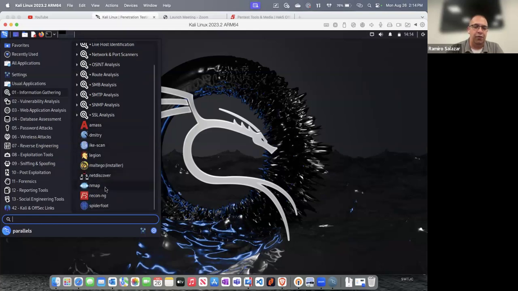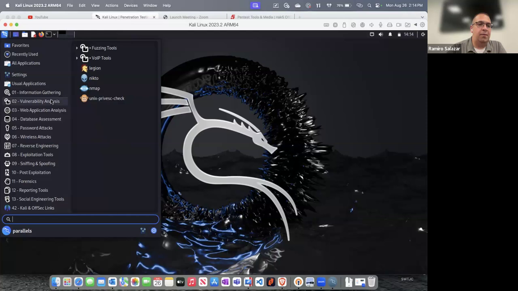There's a popular tool called Nmap that can be used to search for which ports are open on a firewall. And then you can find out, okay, these ports are open. A hacker could try to gain access through those ports if they're open. Under vulnerability and access, they have tools like Nikto, which can be used to find vulnerabilities on a computer, right? And then a hacker can try to use some exploits on those vulnerabilities.